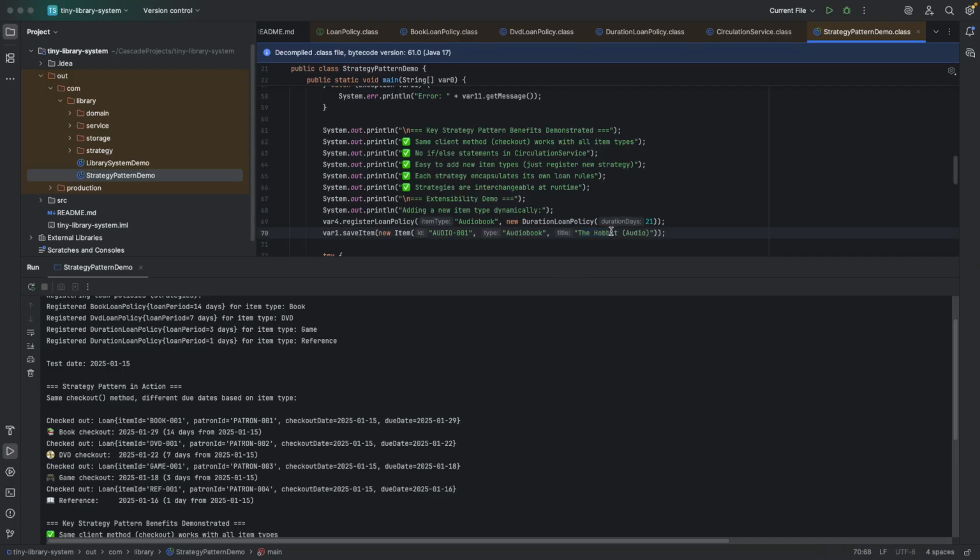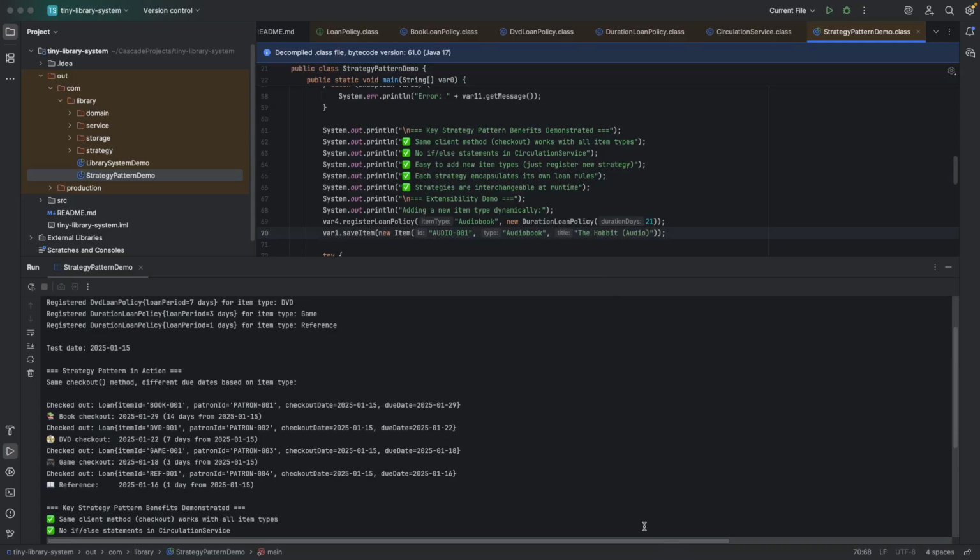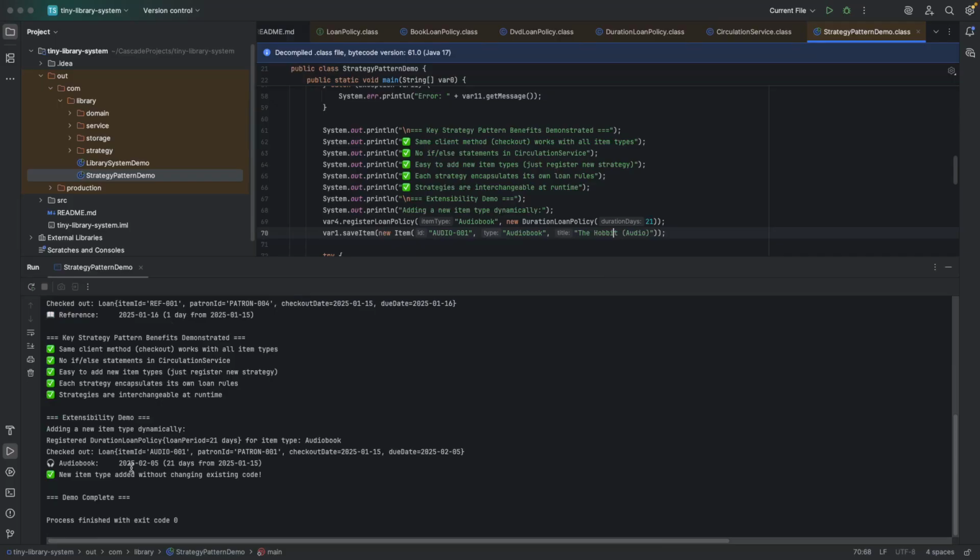Then immediately, without any code changes, without recompilation, I can check out that audiobook and get February 5th as the due date. That's 21 days from our test date.